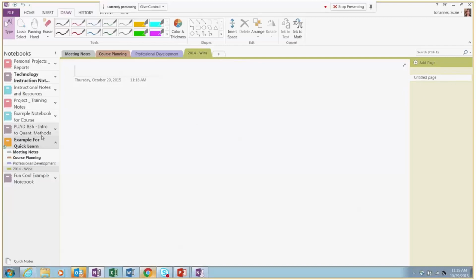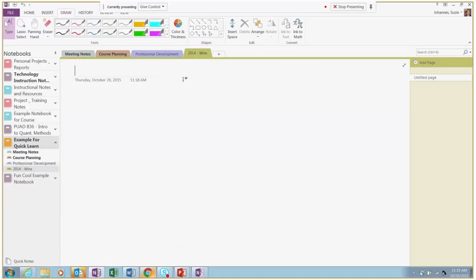If you have your notebook expanded like this, you'll see your section names listed below your notebook name. Some of this is bolded. When it's bolded, that means Tennille has added a note and I haven't read it yet. So I can tell when someone else has added something and I haven't seen it yet, because it will be bolded in the section title, the page title and the notebook title.